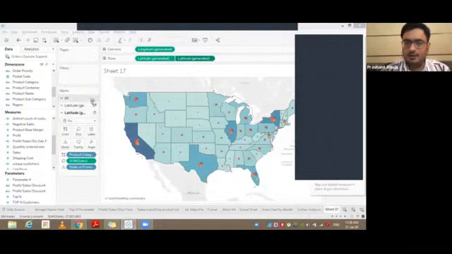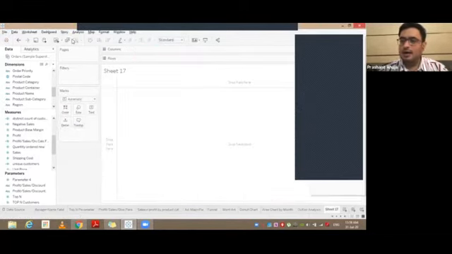Let us do it again. Let me just delete everything here. All we need to do is create a map, duplicate it. On the second map, we'll put on pies rather than colors, and then we will duplicate it. We'll overlap it. Let's follow it again. Let's do step by step.